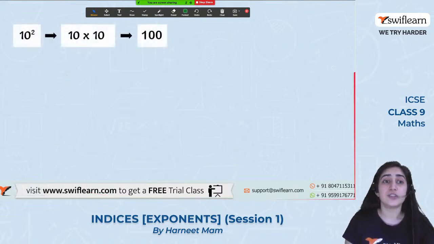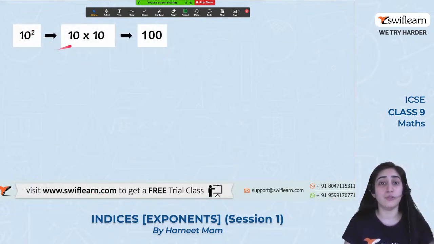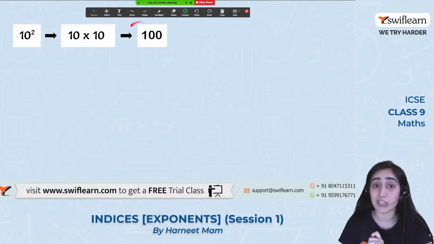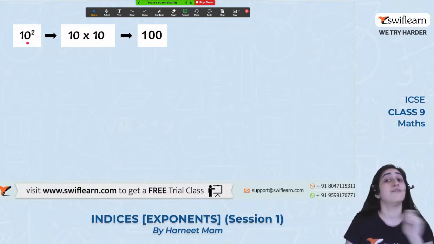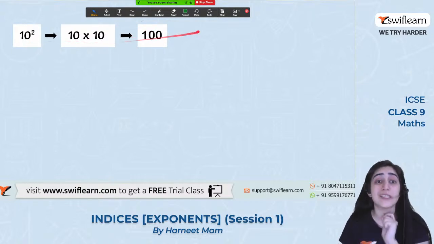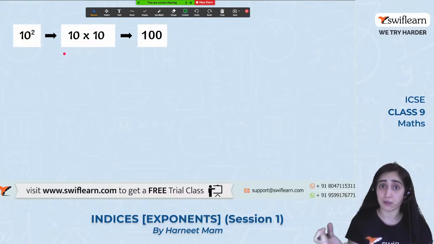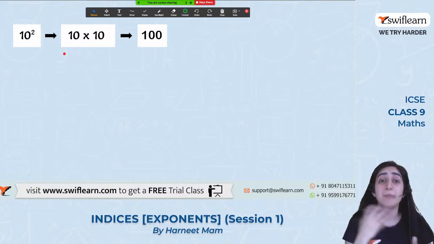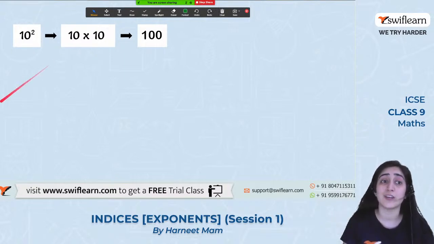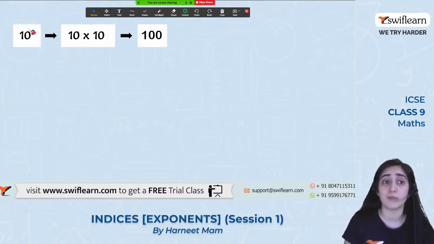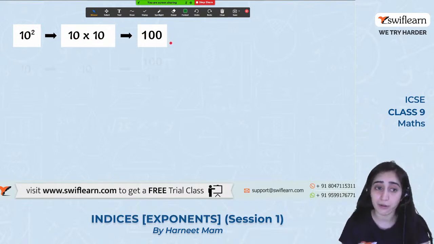All right. So what do I mean? 10 raised to the power of 2 means 10 into 10. The value which I get, so if I ask about the value, what's the value of 10 raised to the power of 2? You'll say the value is 100, not 10 into 10. That's the way I express it. Okay. एक तरीका है लिखने का. इसका मतलब ये है. बट अगर वैल्यू की बात करी जाए तो हम लिखेंगे व्हाट इज द वैल्यू ऑफ 10 raised to the power 2? I'll say it's 100. All right.